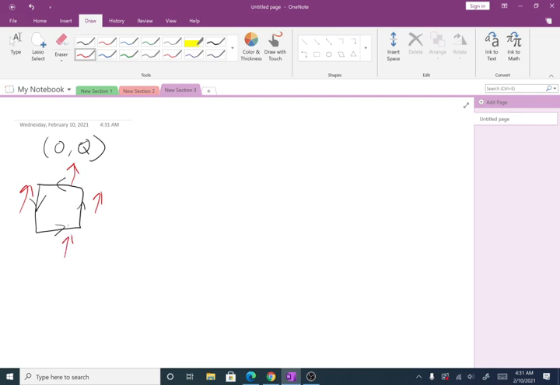The dot product, F dot dr, is equal to 0 in the C1 and C3 cases. So that means our integral is just equal to a C2